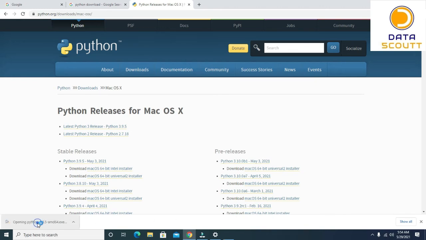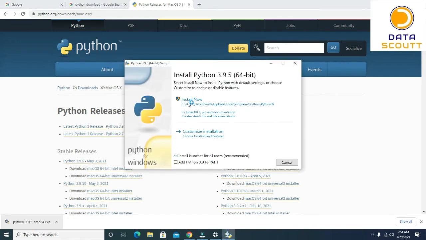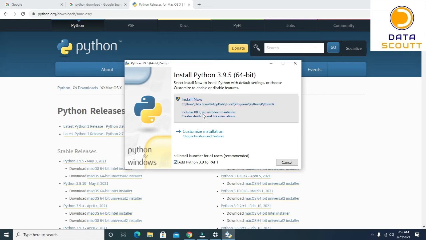Now I will double click on this, and you can see this window has popped up. It's asking us to install Python to this directory, or we can customize our installation. But we will just install with the defaults. Before installing, we see there is a checkbox, Add Python 3.9 to PATH. We will click on this, because after clicking this, it will add Python to our path, so that from anywhere in Windows, we can launch it. Now we will install Python, so we'll click on Install Now.